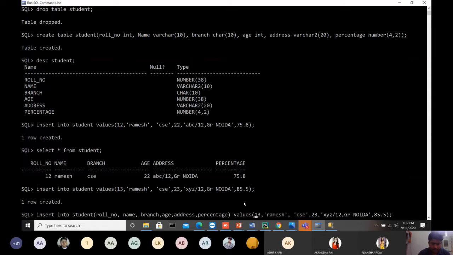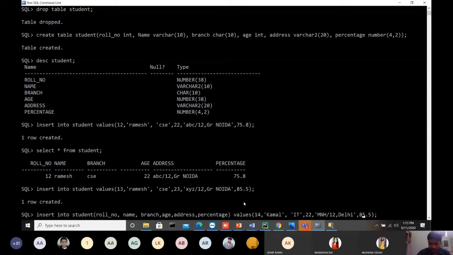Let it be 14, name is changed to Kamal, branch is IT, age is suppose 22, then address, suppose MNO, any name, and let it be Delhi, for example.